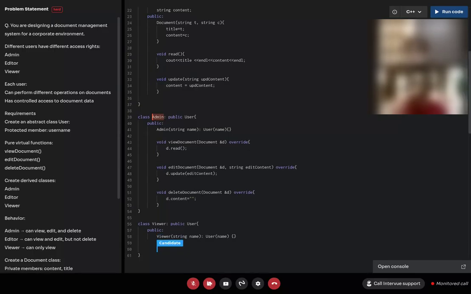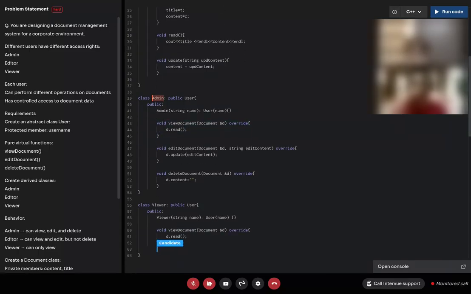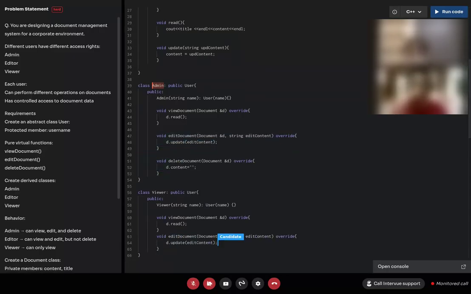Then I'll have only view document, which is the same, so I'll just copy paste it from above. For editing, edit document, I'll copy it, but we can't do that.